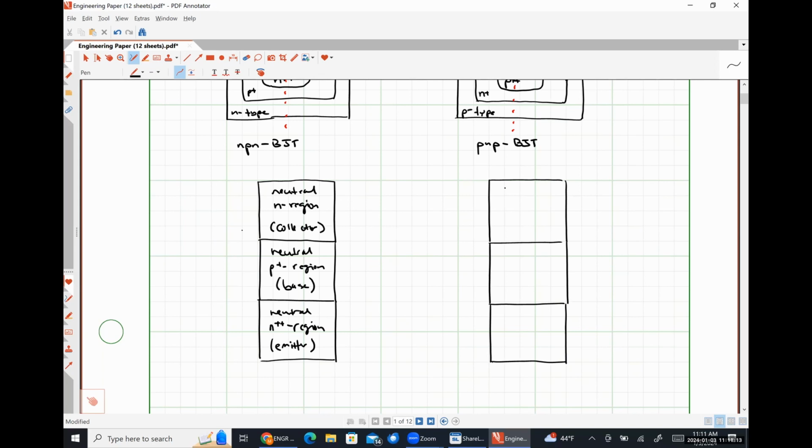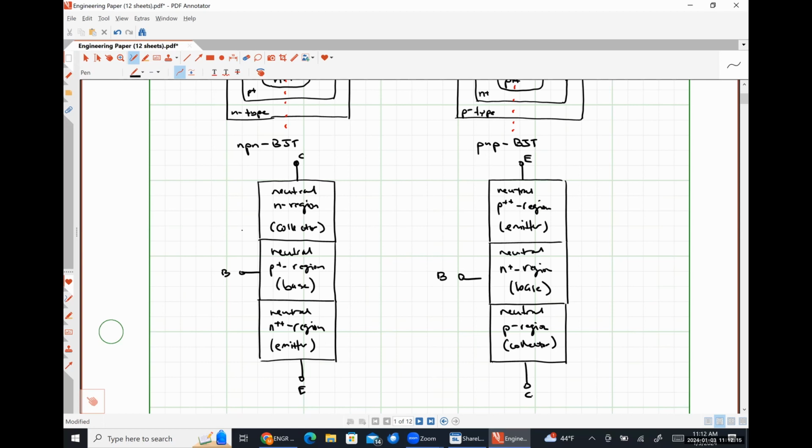So here we're going to have the neutral P plus plus region, which is our emitter. The neutral N plus region, which is our base. And the neutral P region, which is our collector. And I'm going to go ahead and throw some terminals on these guys. So this is our collector terminal, our base terminal, and our emitter. Here we have emitter, base,